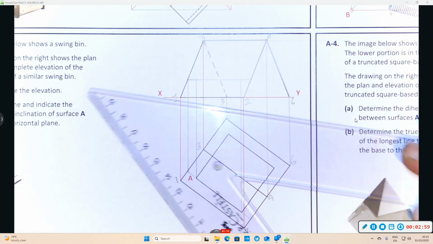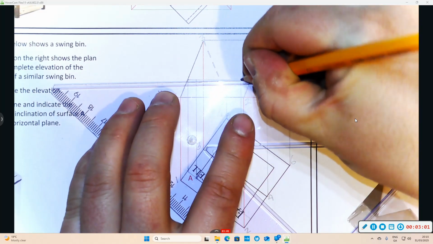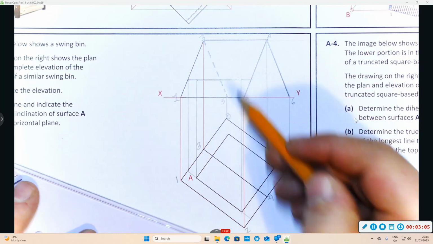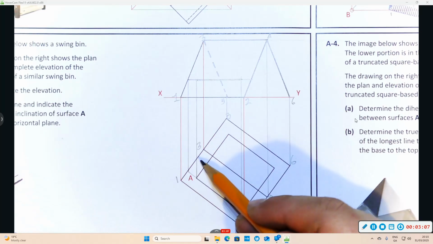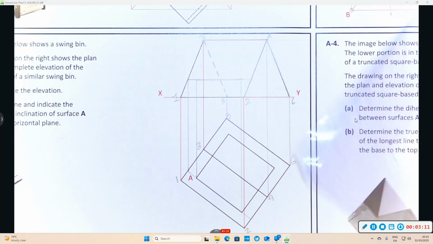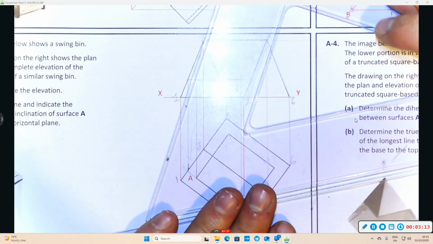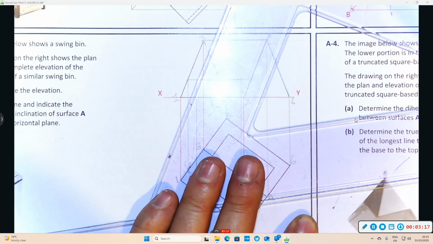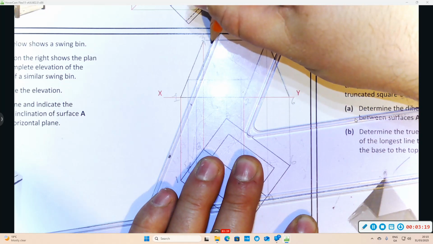So this is the bottom of the bin. Now the sides of the lid are parallel to the sides of the top portion. So in elevation, one way we can do it is we can go parallel to line 1 to 3 from here